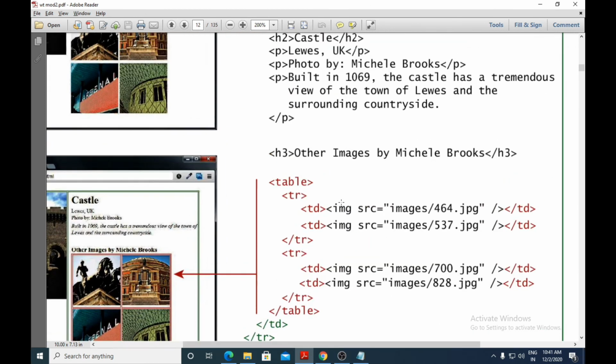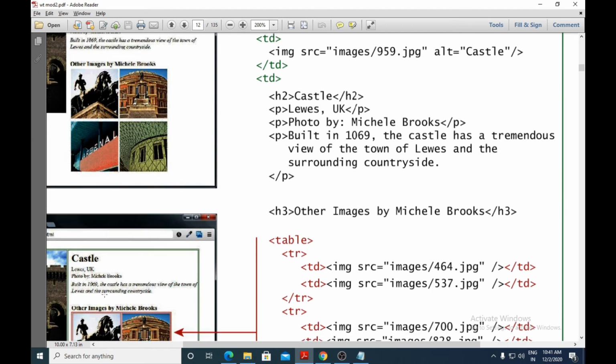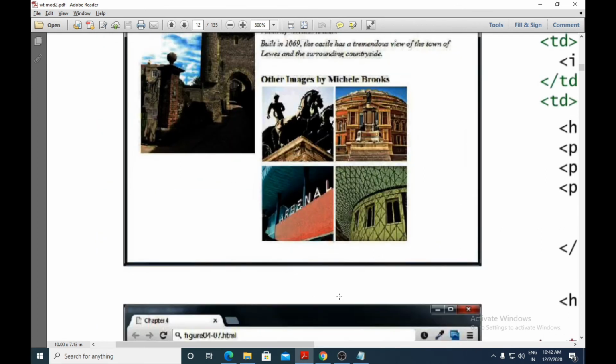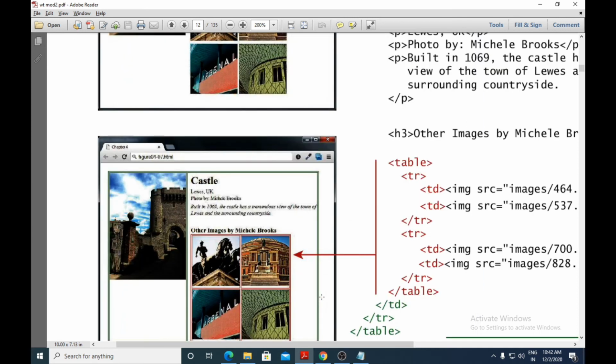The next cell, after the image, has a heading, which is Castle. The next thing we have is this paragraph. We have content in the paragraph, which will form this content over here. Castle is the heading and this is a paragraph.